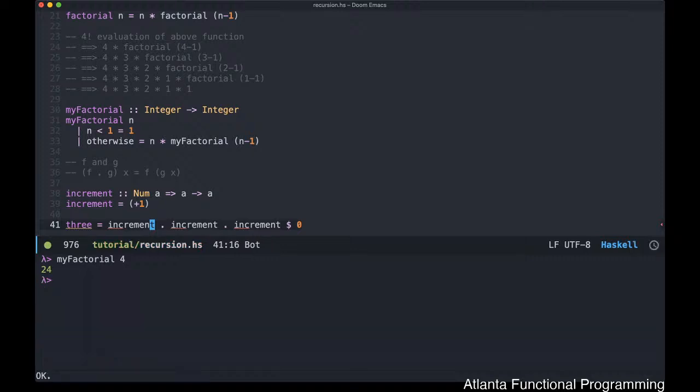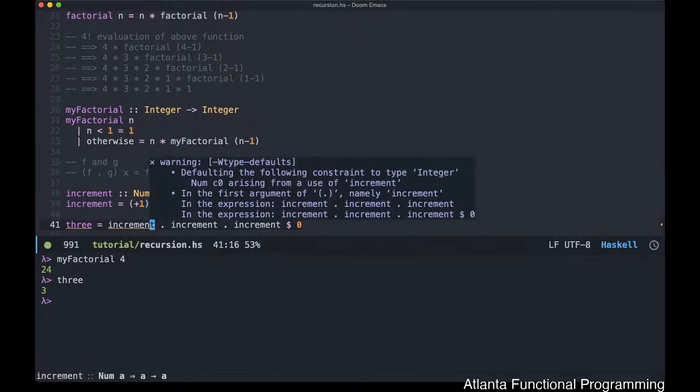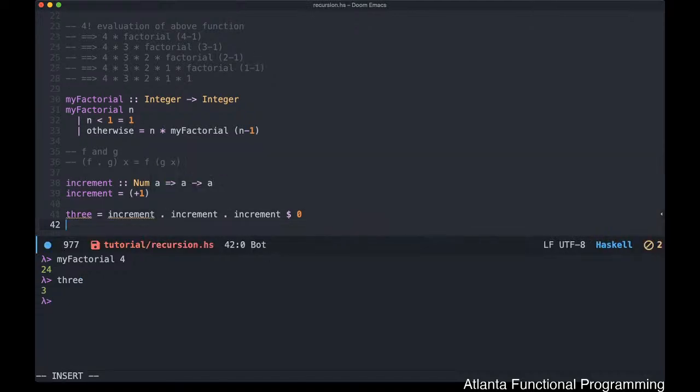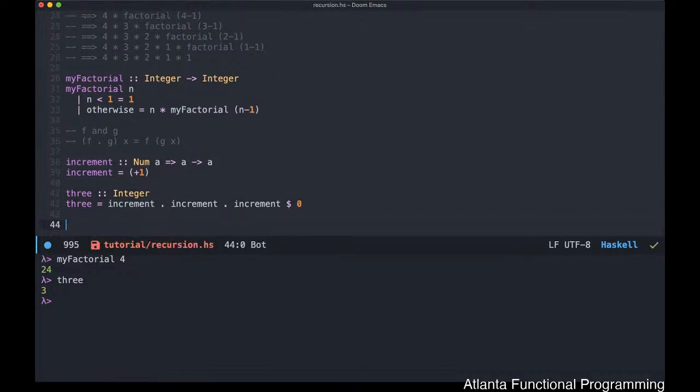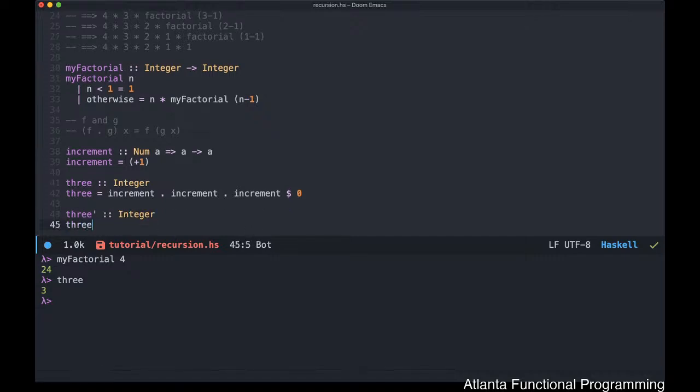Okay, and if we call this function, you can see that this is just 3. Another way of actually defining this, and again, this here obviously is because I didn't specify that this is an integer. Another way of creating this, again, this is going to be an integer, is going to be also just this guy, really,